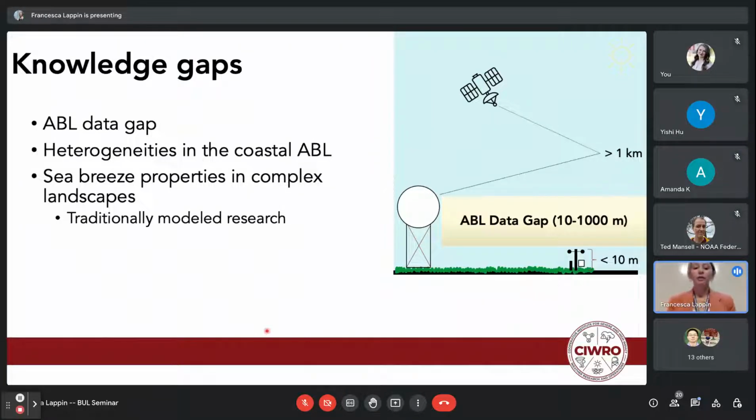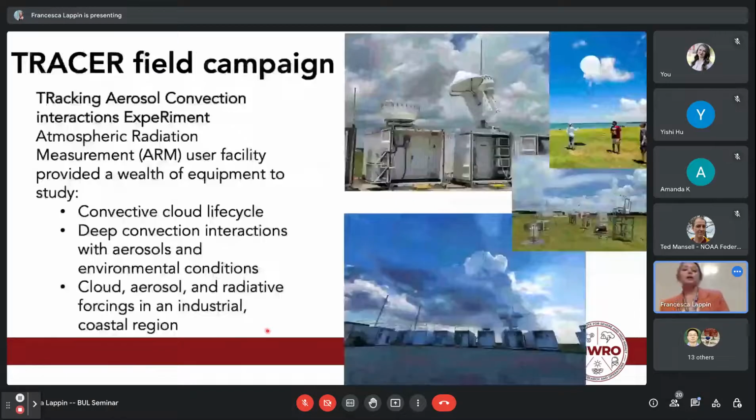And this is traditionally modeled research. There have been a handful of campaigns, but really not capturing the small scale features that we need to fully understand the processes, which is where the TRACER field campaign comes in. This field campaign took place in and around Houston, backing all the way out into the Gulf of Mexico, with a handful of radars,